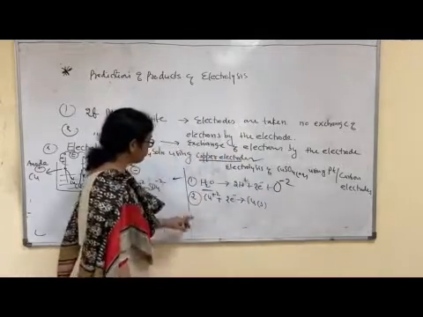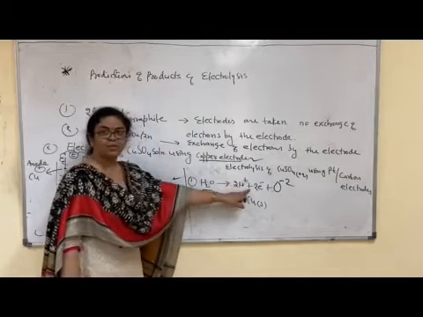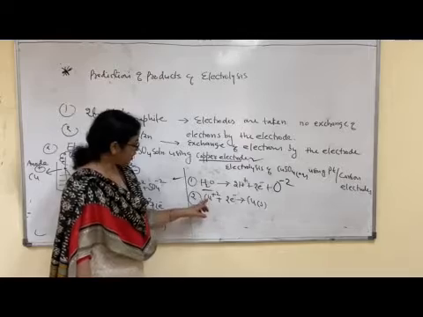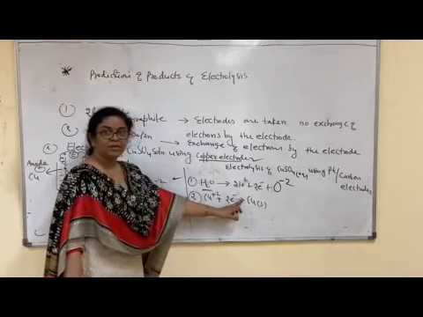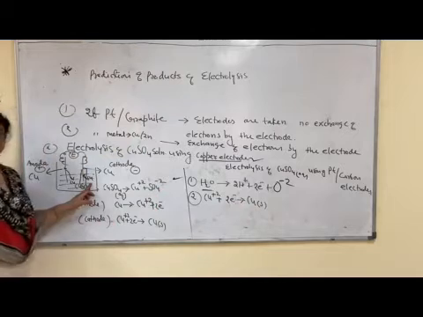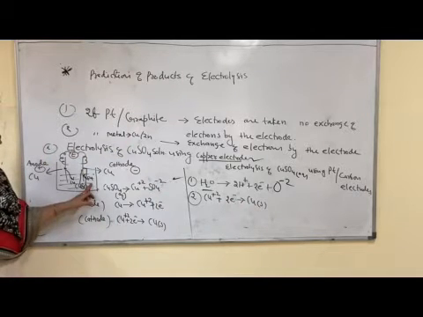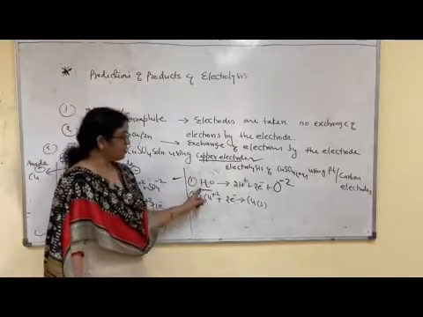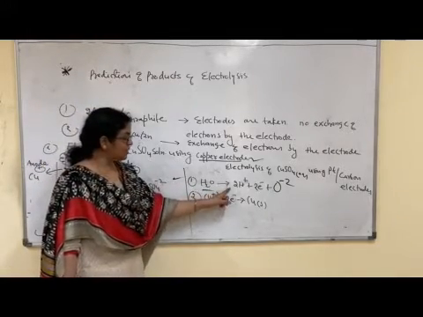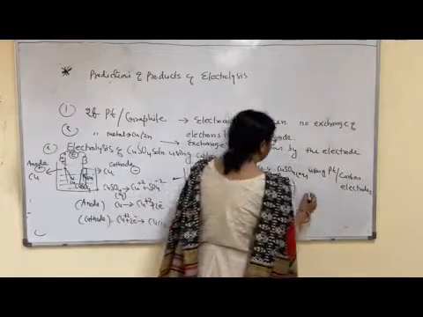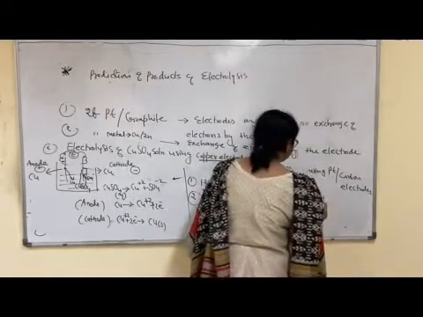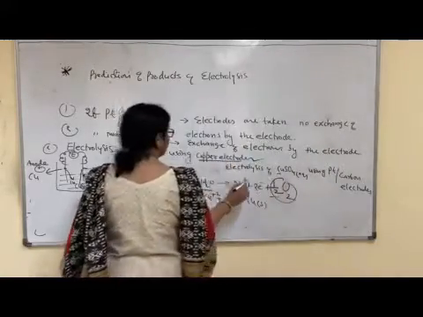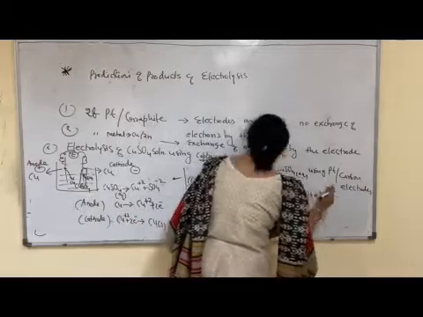oxide ion. Now, the second possible reaction: the same number of electrons are accepted at the cathode, right? And copper ions are reduced into copper metal. It means one product is common in each condition, which is copper metal at the cathode. But one product is different, which is the anode product. So in this case, what happens? Which product is obtained? In the second case, oxygen gas is obtained.